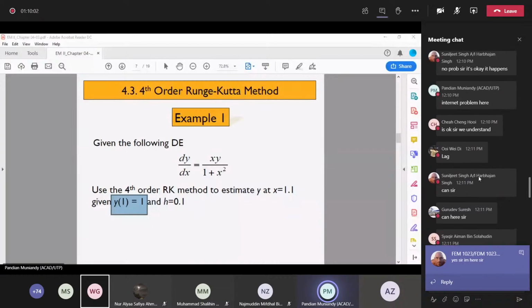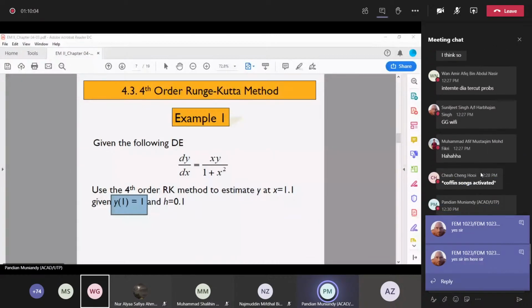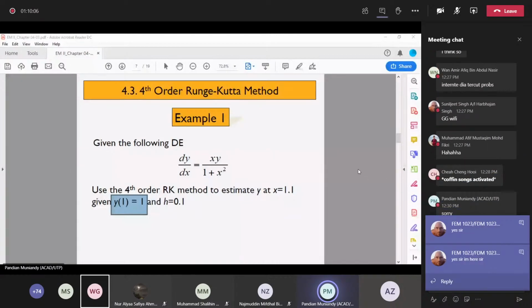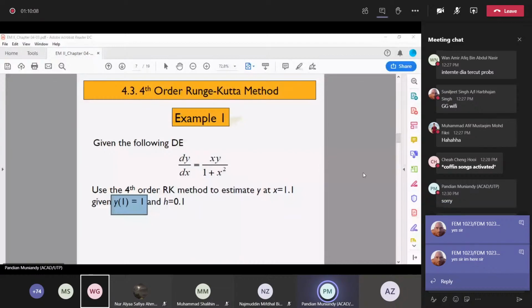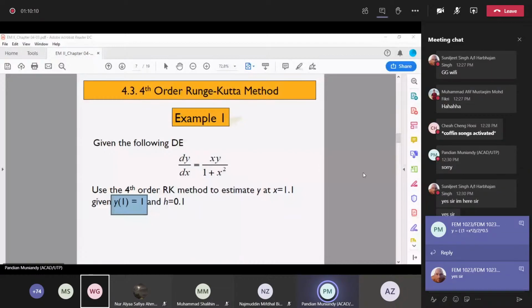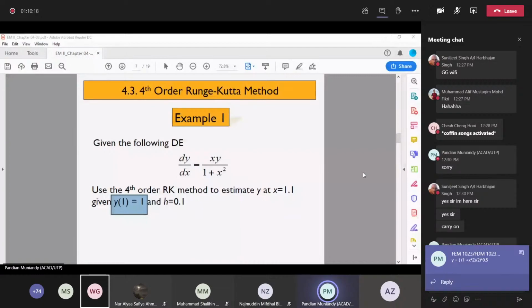So the solution by the analytical method, you can write as 2y squared equals